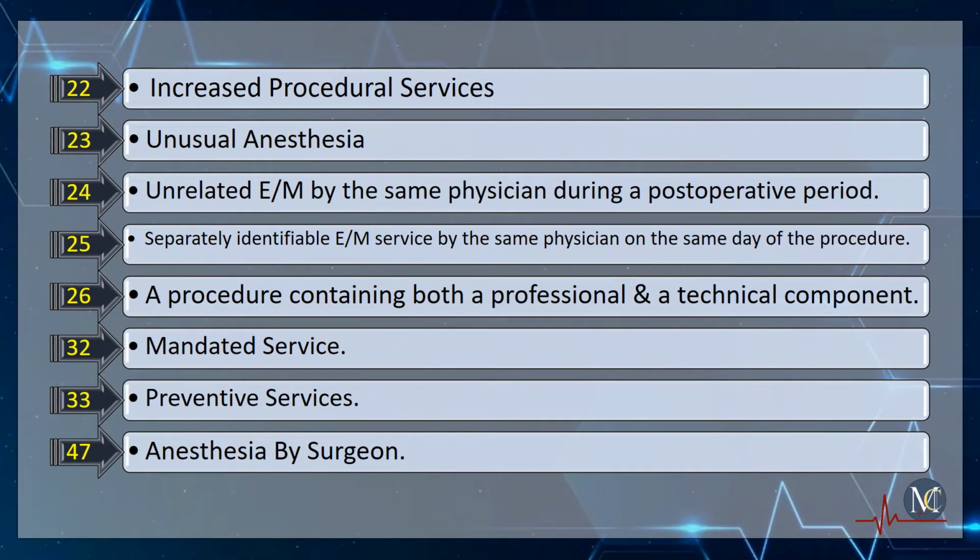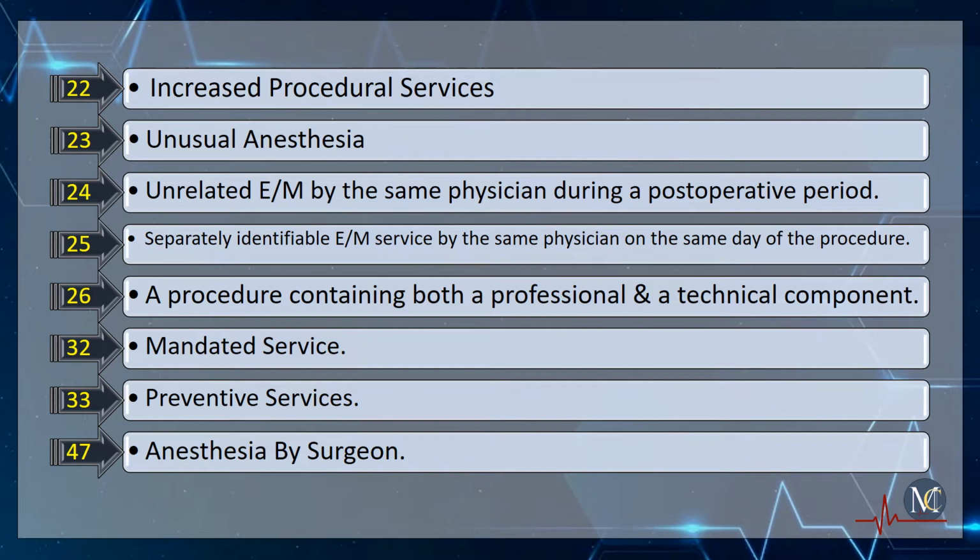CPT modifier 22, often referred to as the increased procedural services modifier, is used to indicate that a procedure or service provided requires significantly more work, time, and complexity than usual. CPT modifier 23, also known as the unusual anesthesia modifier, is applied to anesthesia CPT codes to signify that the anesthesia provided required significantly more complexity or was more challenging